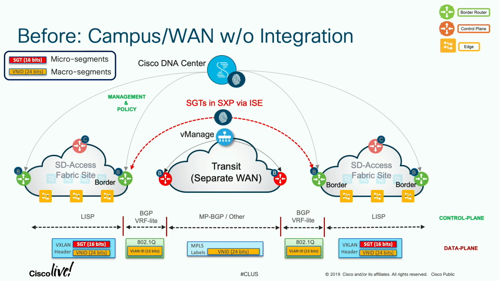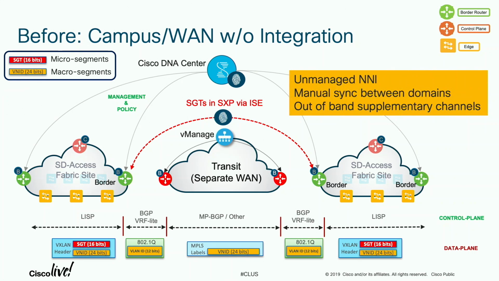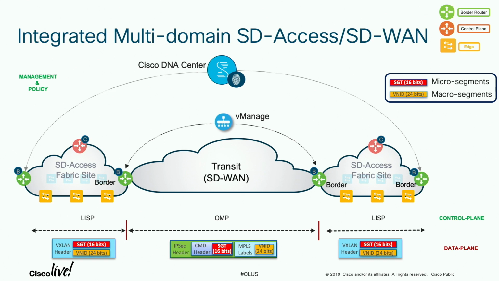I have to manually provision all these NNIs. I have to manually also make this system aware of any segments that I have in the access, right? So it's all manual, and the extension of the microsegments has to be done out of band. Okay, so very, very kludgy, right? It's not necessarily streamlined. So what we've done is, rather than having two devices, we've merged all this into one